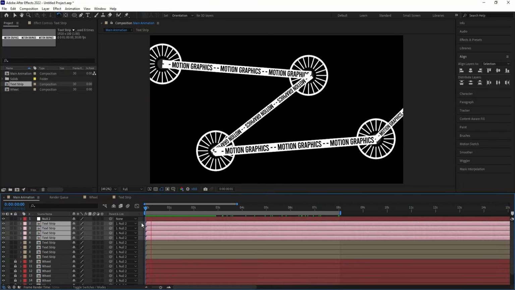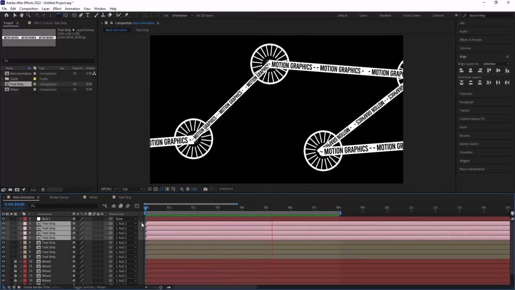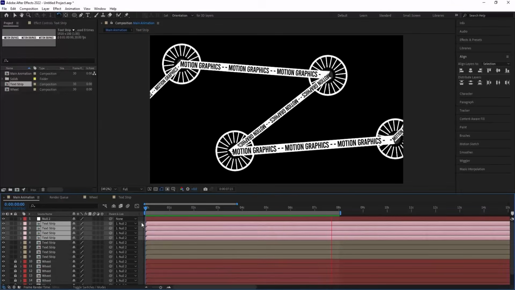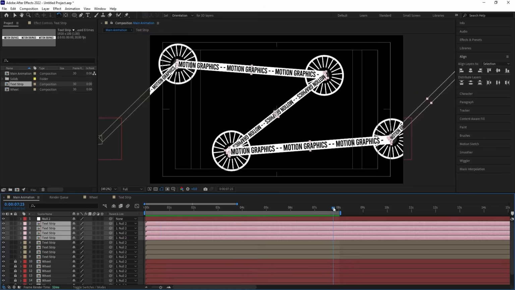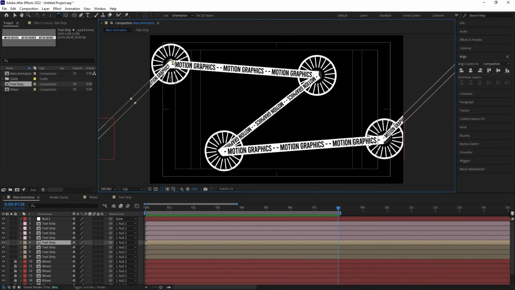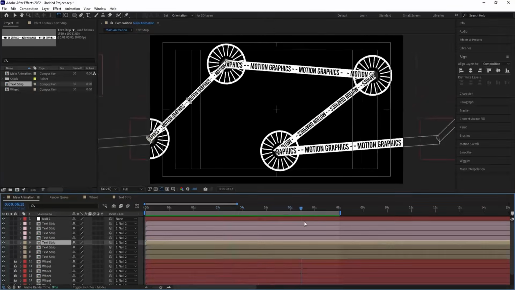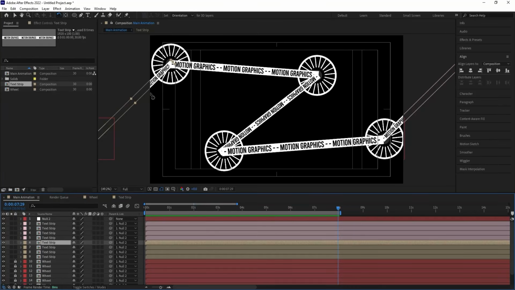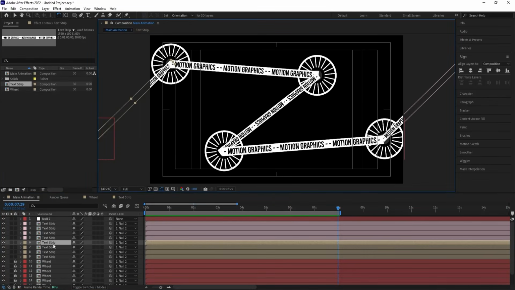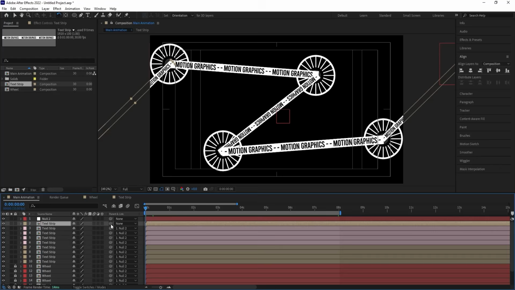Okay, so if you see this now, we are getting something like this over here, like this. Now there is one error over here. If you see at this point, because we don't have this per line particularly, at the end 8 seconds, we don't have this strip at the start. So what we can do, we will go to 8 seconds. I'm going to select this strip only and I'll hit Ctrl D and I'll try to bring this at the top, and let's delete the parenting and let's go to the start,